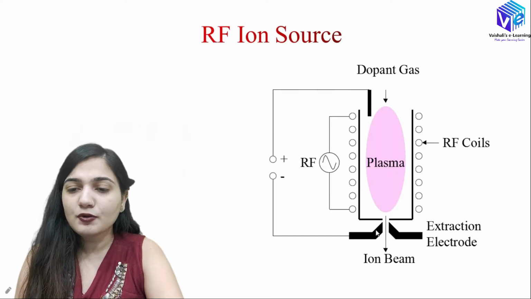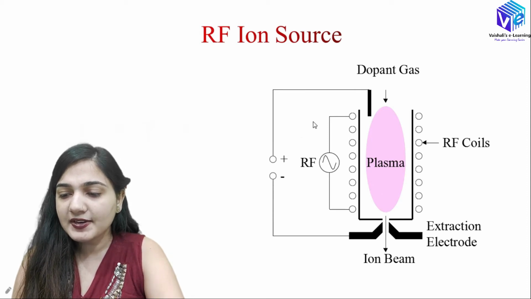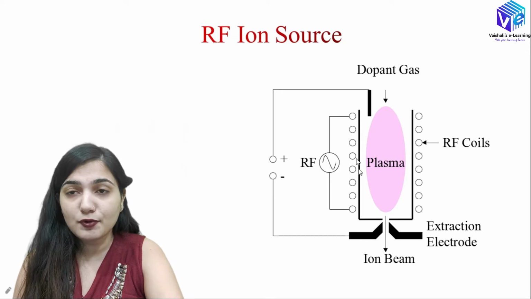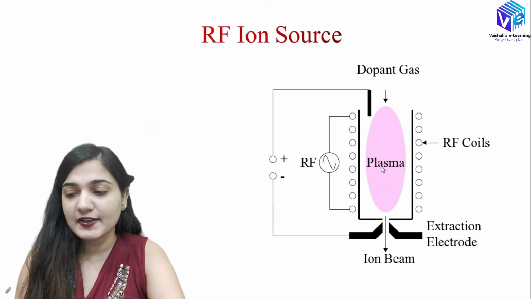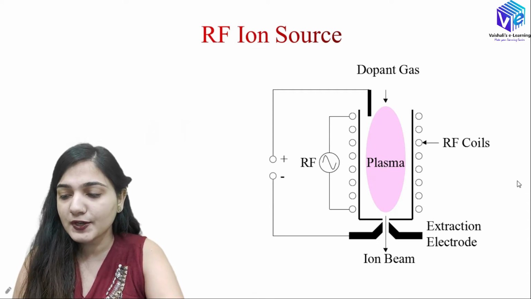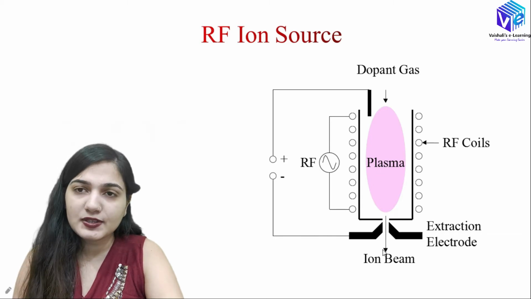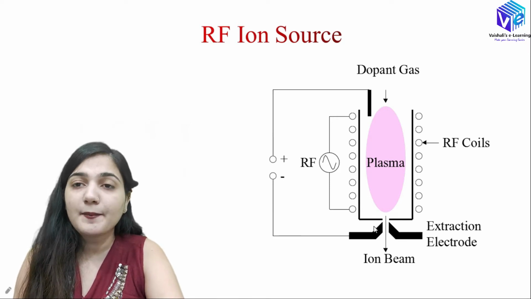Now coming to the RF ion source. You can see here that this RF energy is passed to the plasma. When we have high RF energy, the plasma will contain more and more ions, and some acceleration is provided to these ions as well. I hope you now understood it. This is my extraction electrode. Due to this RF voltage, I am supplying the acceleration to these ions. These accelerated ions will pass through this extraction electrode, and this is called the beam line.